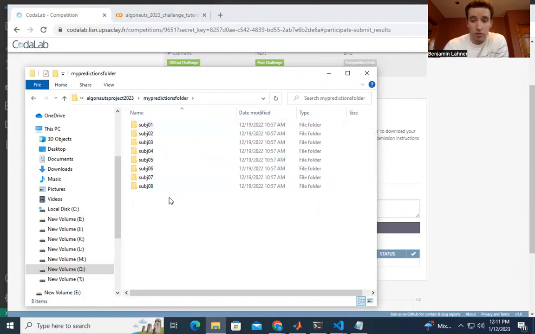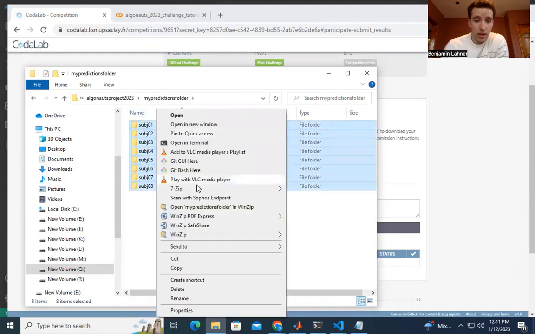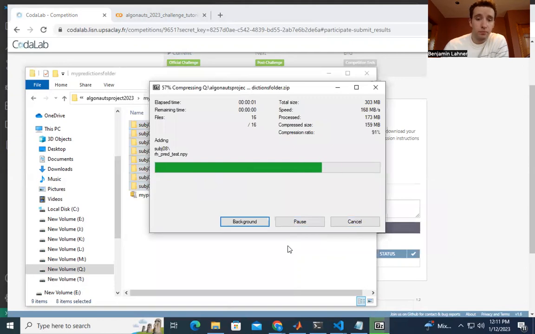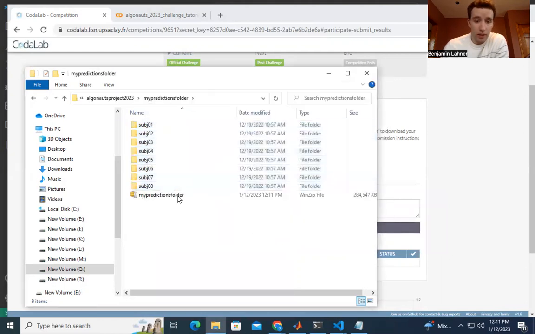Now, in order to submit to CodaLab, CodaLab requires you to submit a zip file. So 2 ways to do that. One is with this file system GUI, you can highlight all the subject folders and then zip it up here.